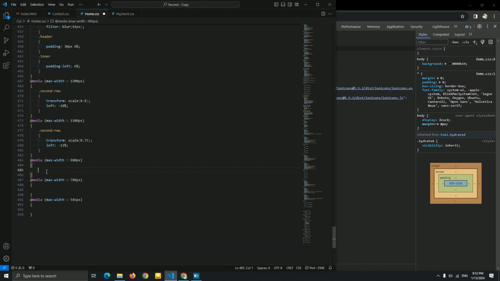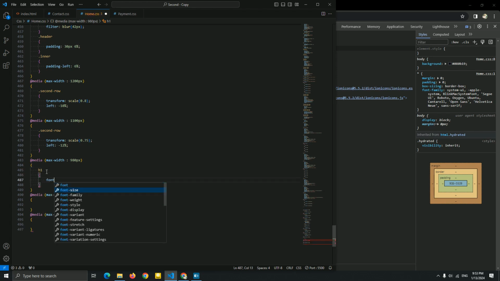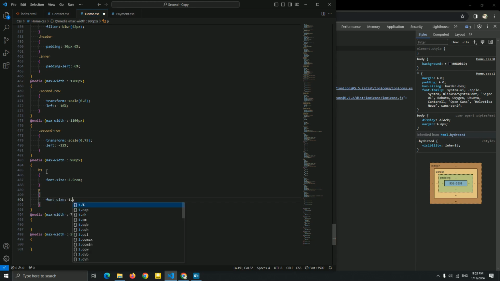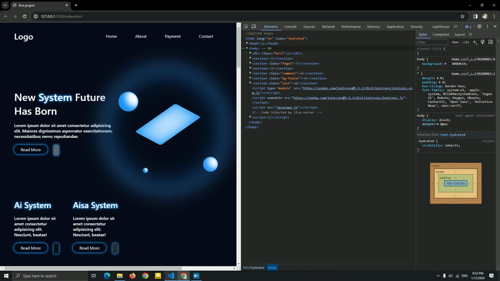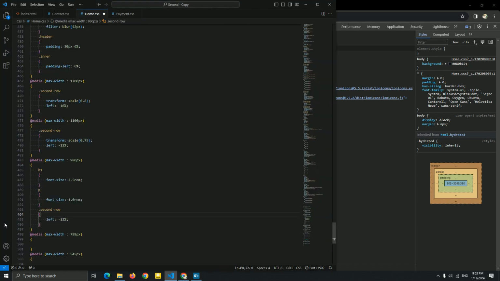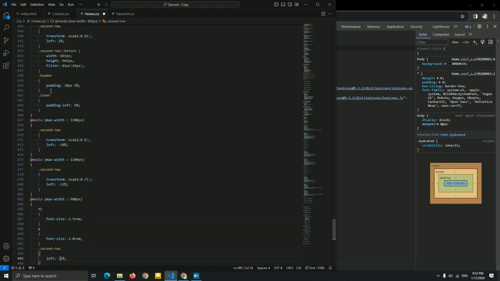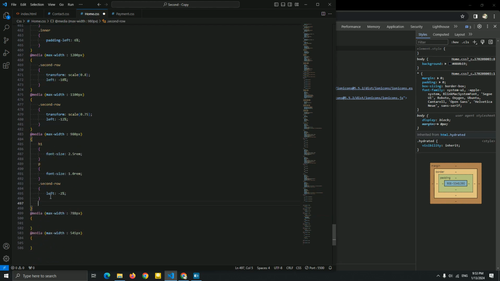Now let me just resize the font size of this. So for this font size, I'm just gonna resize the H1 font size to 0.5 rem. Description P, I'm gonna set font size at 1.0. Okay, let me add the second row. Let me add the left for this second row. So just delete this. Let me do 2%. Okay, let me just resize this before. Let me just resize it right now. Copy paste it.